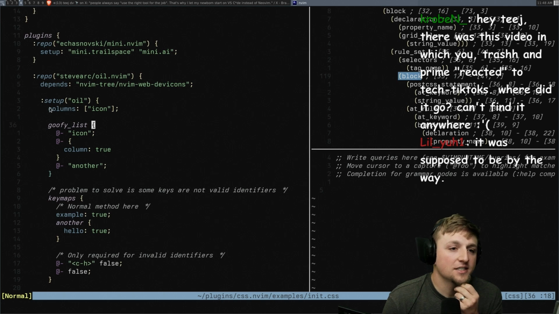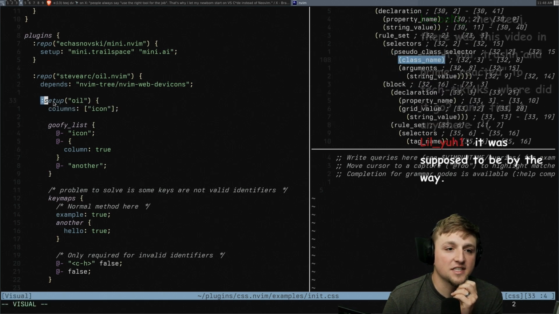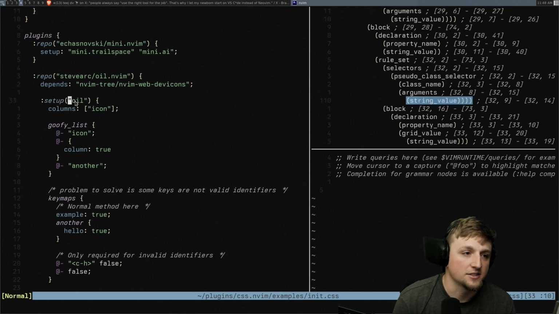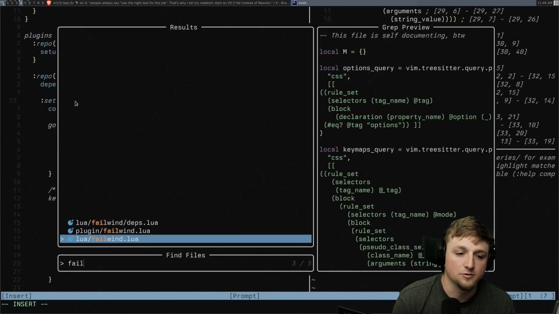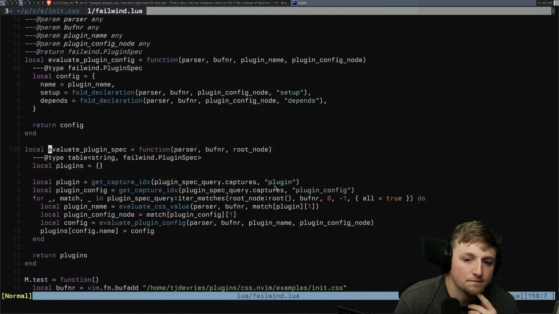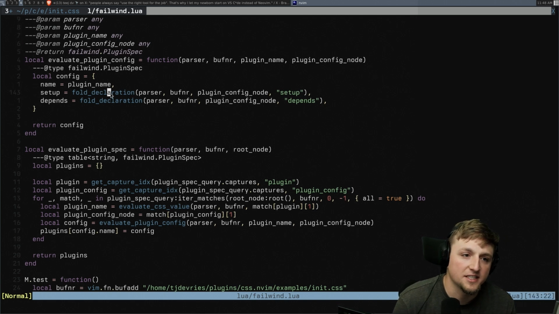Okay, so let's try and do something where we just get this one. This one should be easy. We should be able to go to setup here, which is a pseudo-class selector. Tailwind. Plugin config. Evaluate plugin config. Right. So we've got this plugin config here. Setup. So this is only if it's a simple one here, right? So